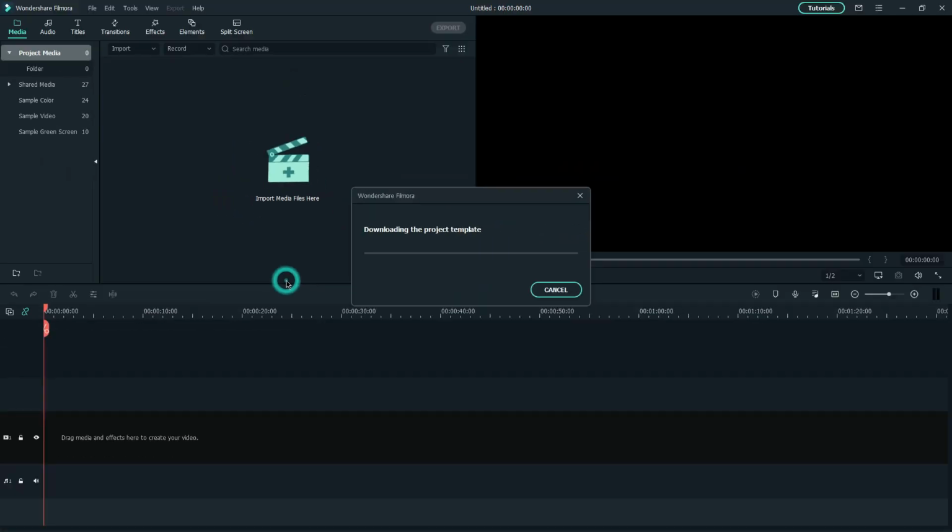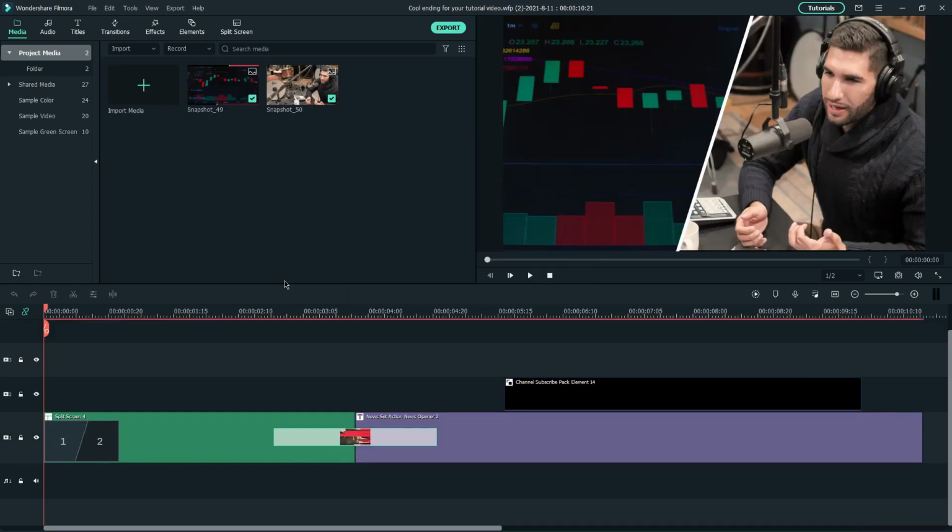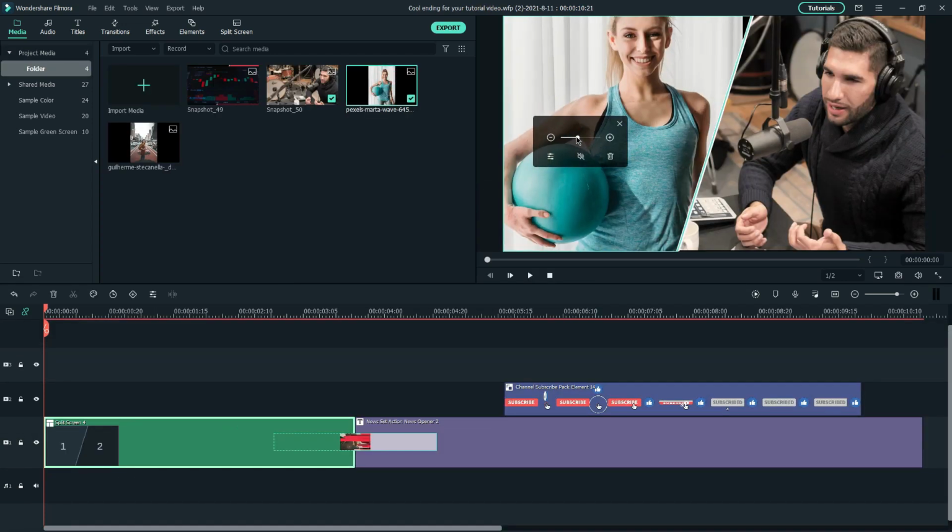click Import Template at the bottom of the video to get the project files and replace the default media with